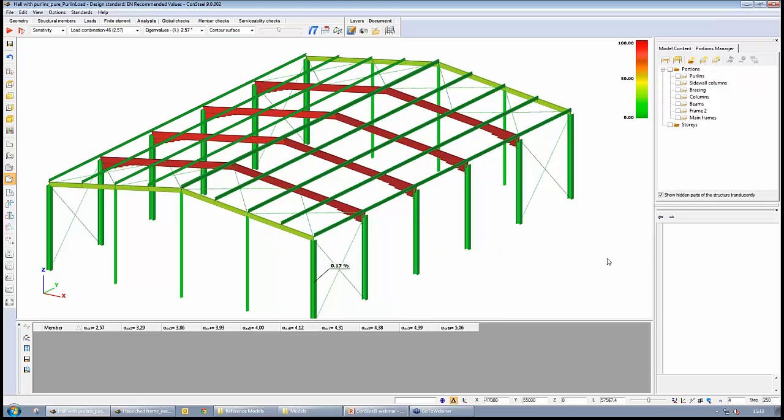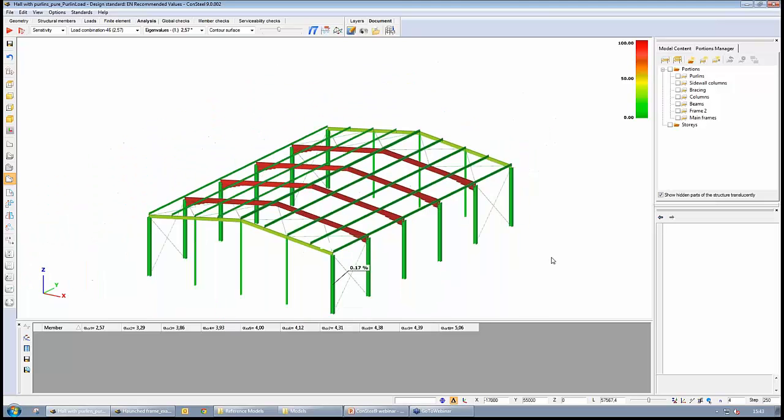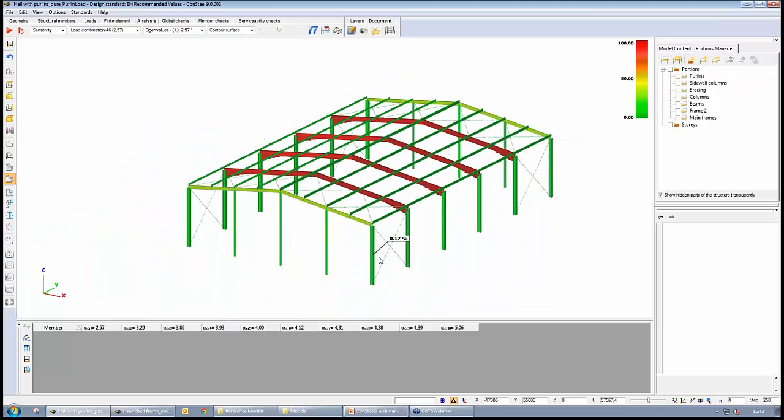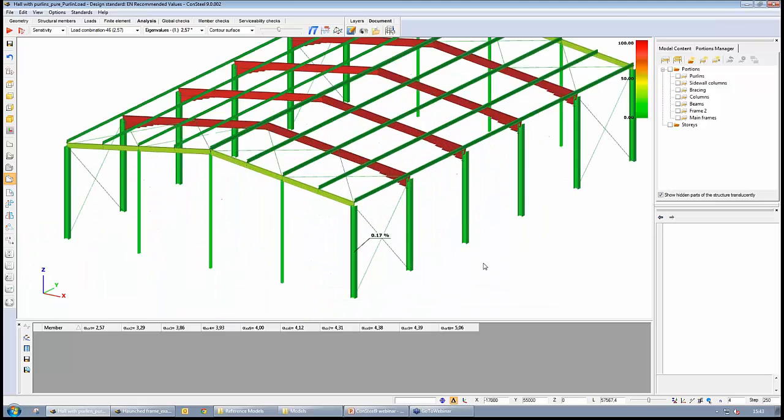The columns are not really taking any part in these buckling modes. And all the other buckling modes can be seen. And if we have these results, so these are the critical members for other buckling modes, if we have this